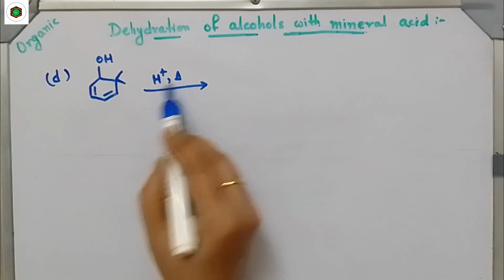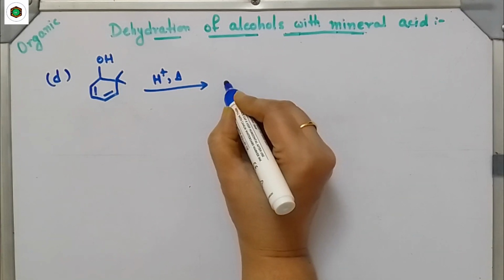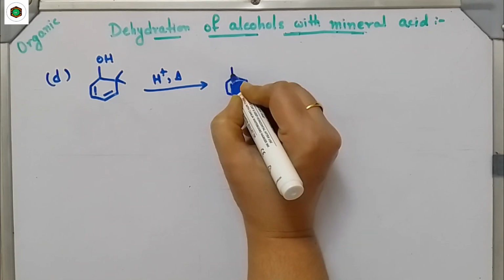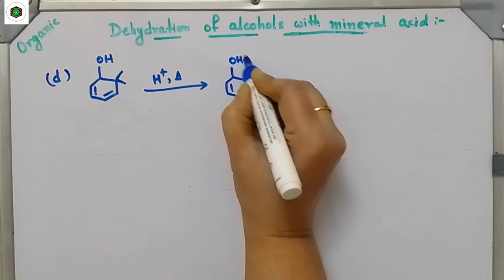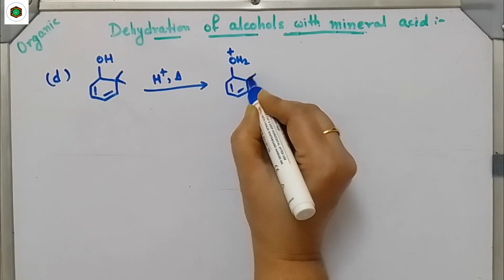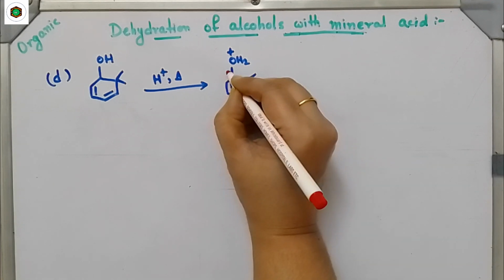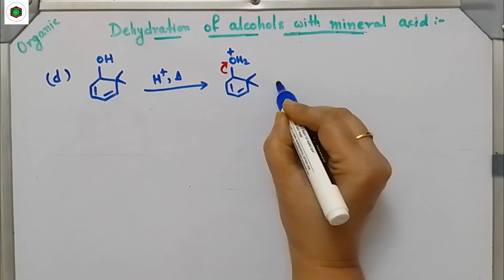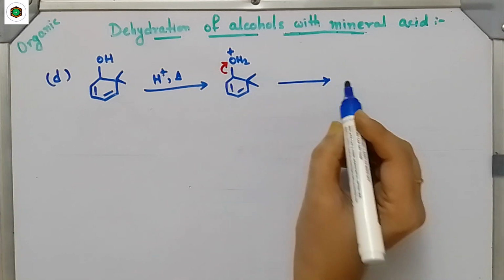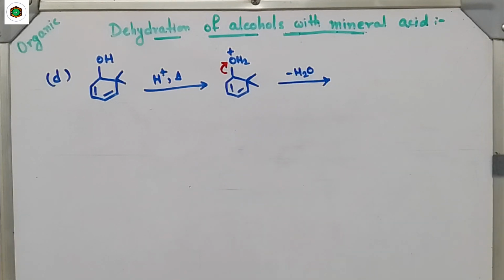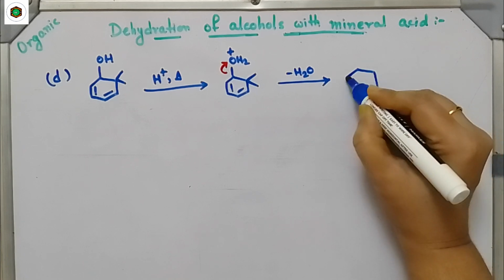H plus, heat. So obviously first you will get protonated alcohol. Mechanism I am not showing here, OH2 plus and here 2 methyl groups. Then what we have to do? We have to eliminate this water to neutralize the positive charge. Minus water on the arrow you can write. We are getting